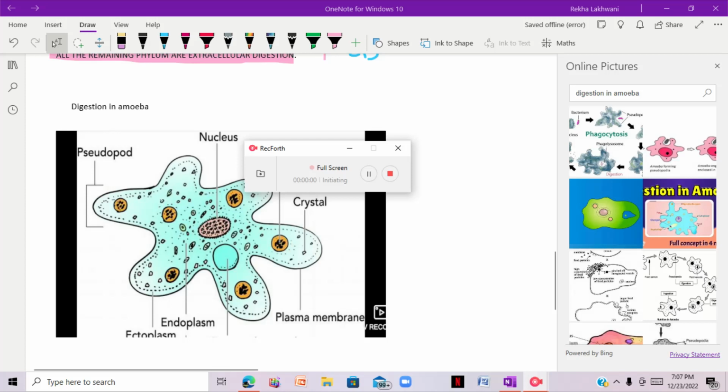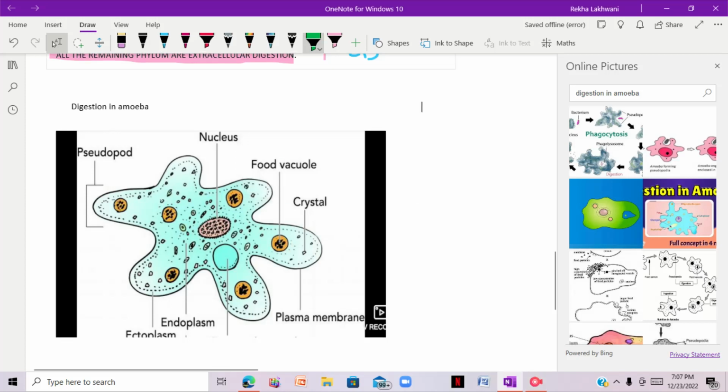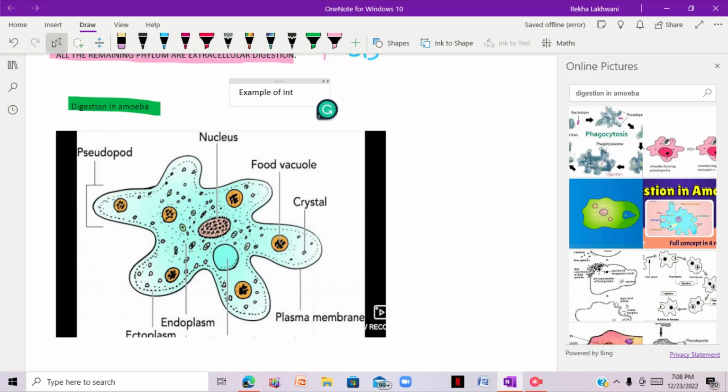So now, as we have completed the concept of intracellular digestion and extracellular digestion, let's look at an example. This is an example of intracellular digestion. First of all, let's look at the digestion in